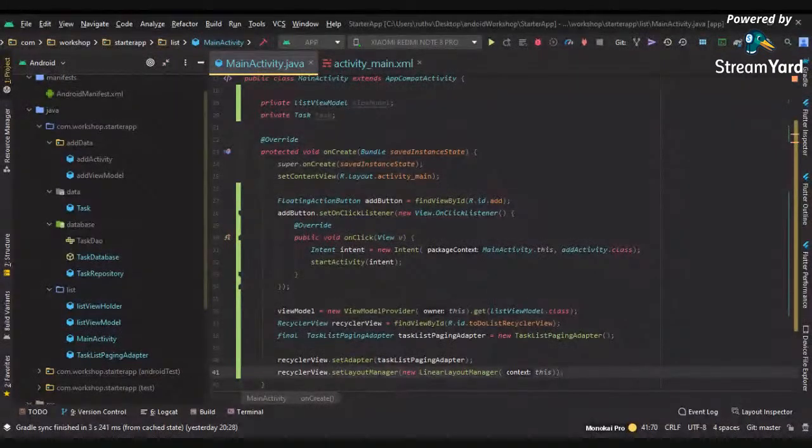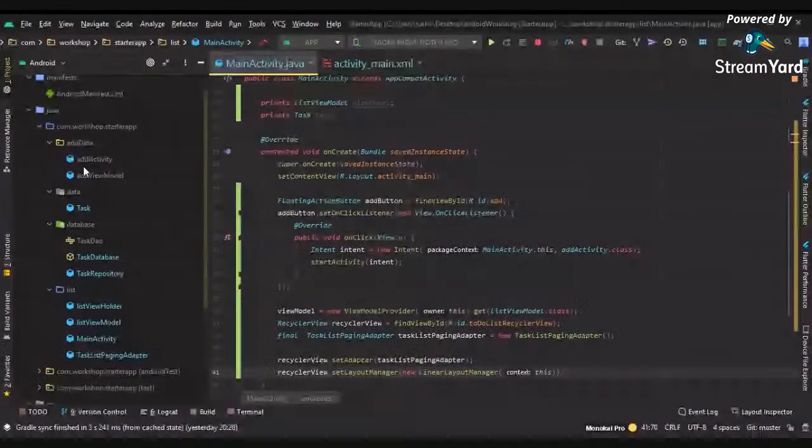So we're done with displaying the items. Whatever data is there in your database will be displayed using this much code. So let's stop it here and we'll go to the add activity and see how to add data